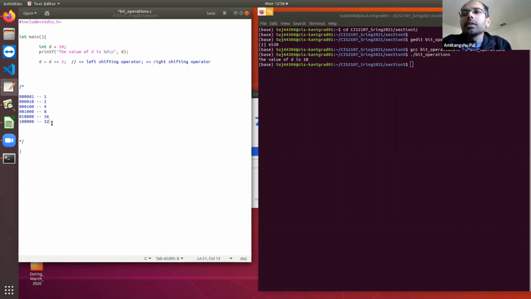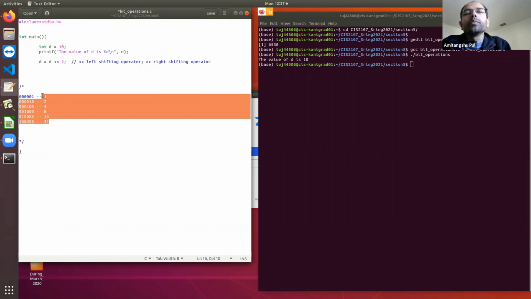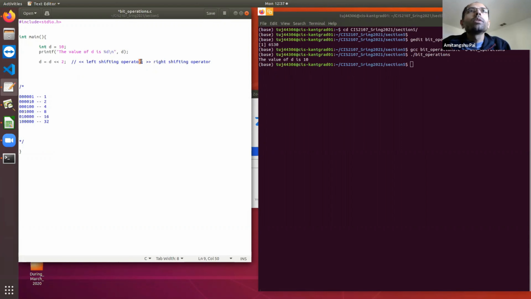All right, and in the reverse direction, if I take a number and then do right shift by 1 bit, then it is going to be equivalent to divided by 2. Okay, so left shifting operator means it is multiplied by 2, right shifting operator means it is divided by 2. Now notice that this division is happening in the integer domain. Clear? For example, if you start with a number 5, 5 by 2 is going to be 2.5, but in the integer domain it is going to only give you the integer part.